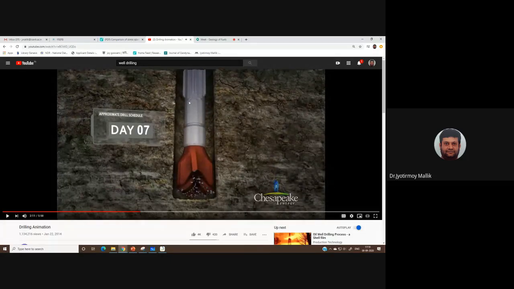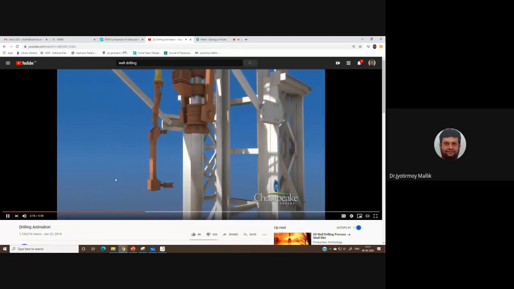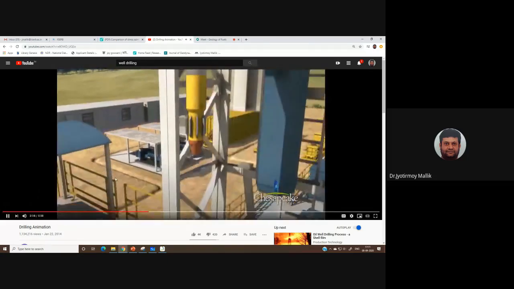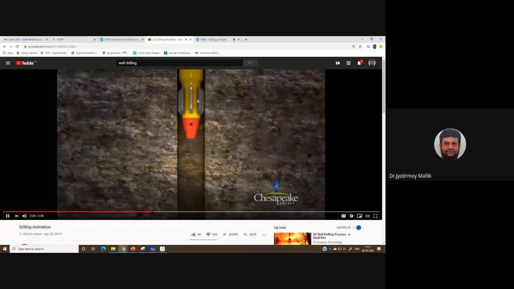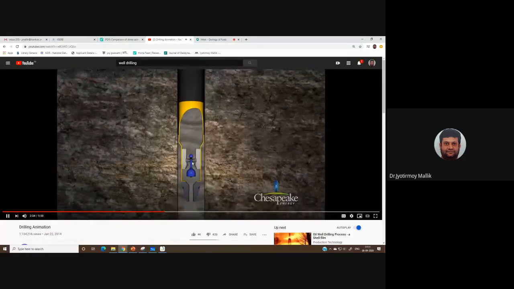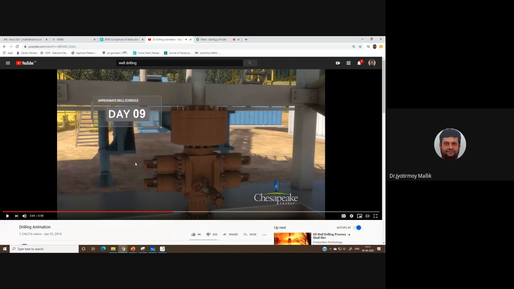Now you see, after a certain depth of drilling, the drilling is stopped. Okay, and what they will do now, they will withdraw this drill pipe. So they will take out the drill pipe. And then the surface casing is now being introduced. You see, now the surface casing is being introduced, and then the cement will be pumped through it. Okay, the cement is being pumped, and you see, through the gap between the open hole and the surface casing, the cement is actually being filled up. Okay, and this is what we talked about.